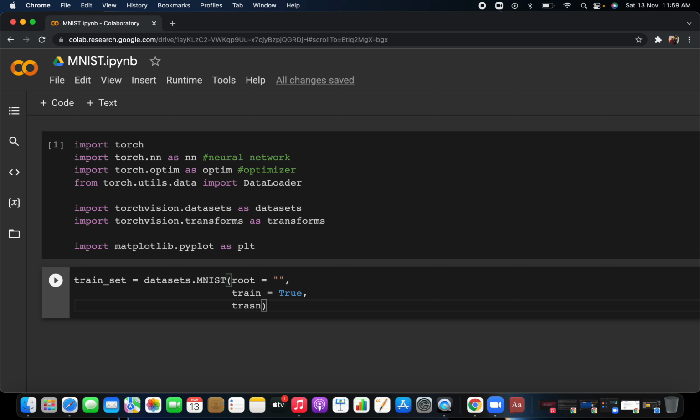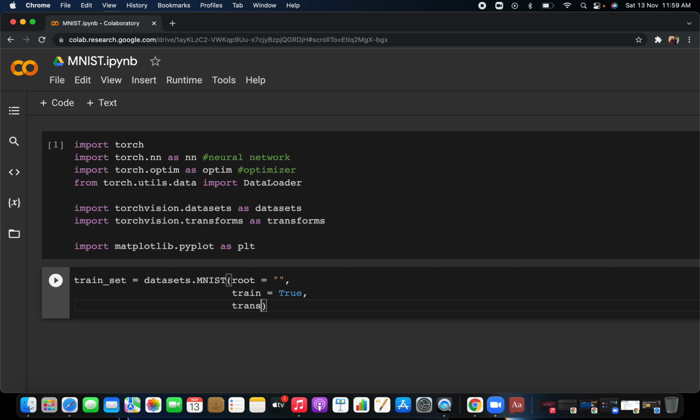If you are clear on this, then in the second project we will do object detection or an image classification problem, and you will see more about this transformation. Transformation means you are transforming that particular image into a tensor. That's what you are going to use, because PyTorch accepts tensors. So I don't think you have a doubt in this.